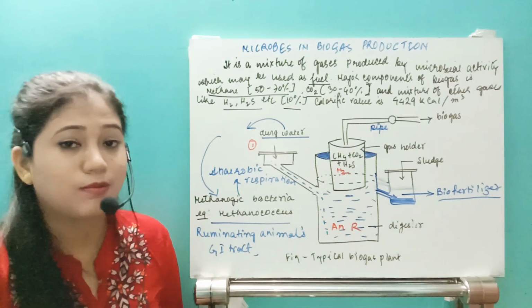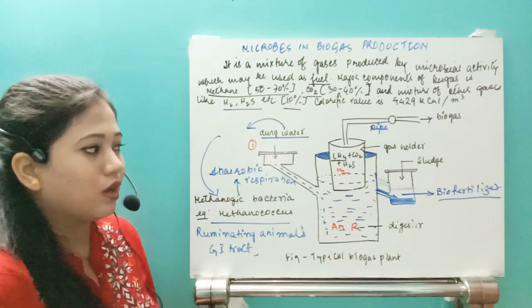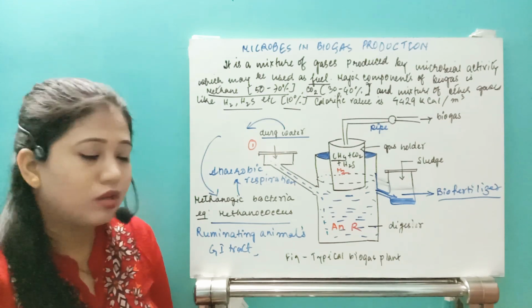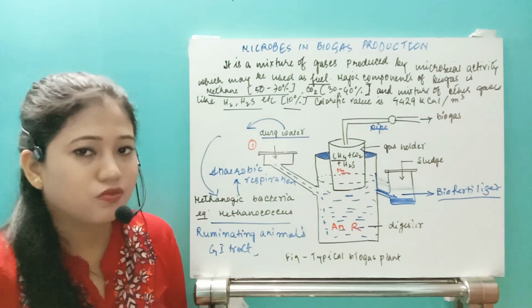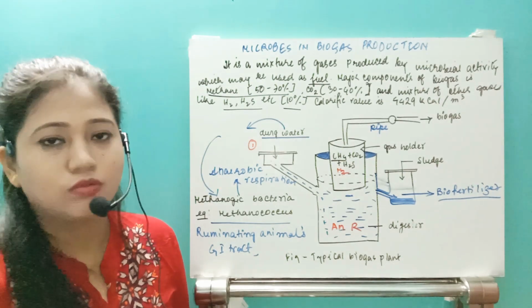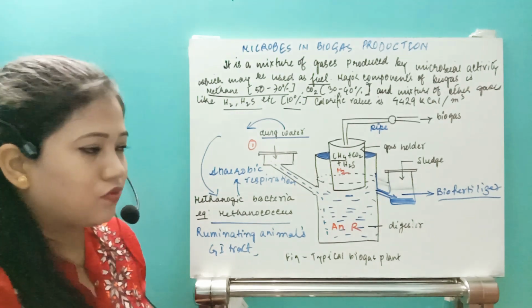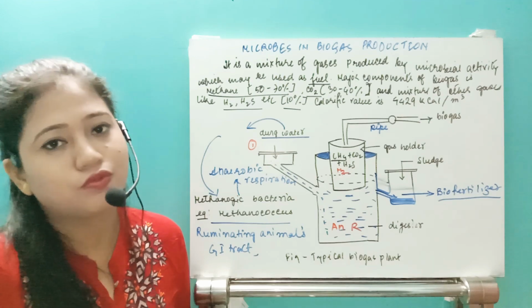This is also one 5-mark question in the board examination: how does a biogas plant work? The whole diagram along with the explanation will be very much important. So I have given the diagram, but I have not written the whole procedure. How actually it is produced, I will provide you in a PDF so that you can understand. So let's just move to the next part.